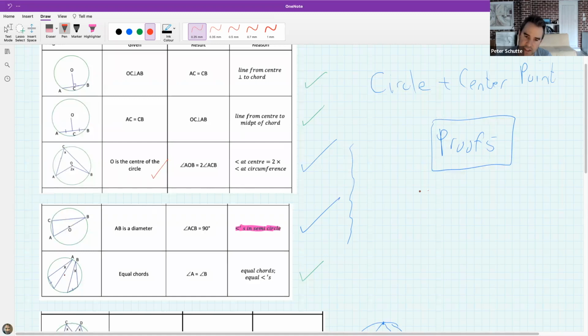And there's also something called converses. And converses deal with how do I prove something is a tangent? So how to prove the following things. A tangent, or how do I prove that something is a cyclic quad? Or how do I prove something is, etc. So the two sections or two topics that we haven't really spent too much time on are proofs and